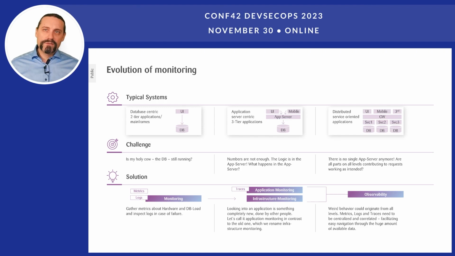This is a very important thing, and I want to quickly show you how this has evolved and why everyone is now talking about observability, because that's a cornerstone when you want to architect for operability. In the past, we had a two-tier system. You had the UI and the database, and there you used monitoring. You had the metrics, so database size or file system size, or even CPU metrics, and you had your log statements about the health of